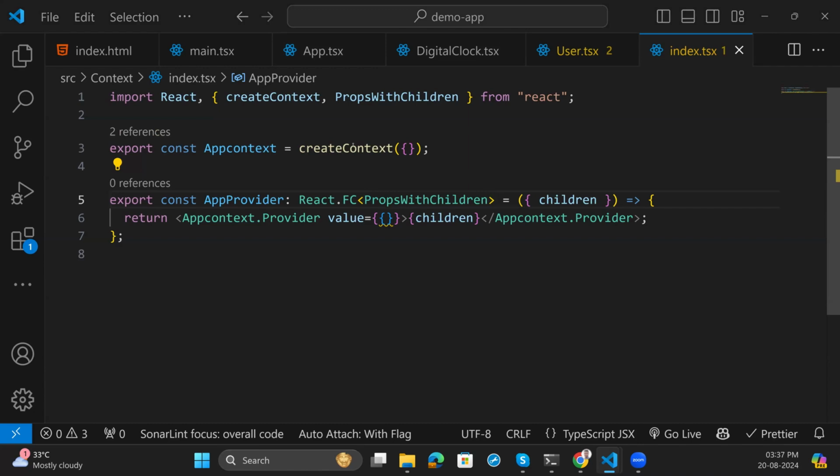So createContext is used to define our context type. We first have to initialize this outside the component. Then, using this app context provider, we tell what value is passed across the component hierarchy, and then you can pass the actual value here. For example,